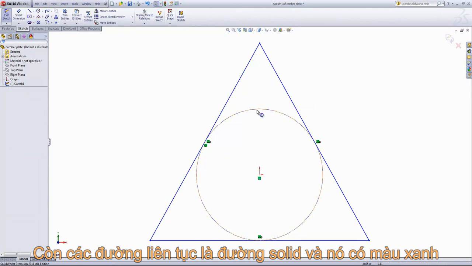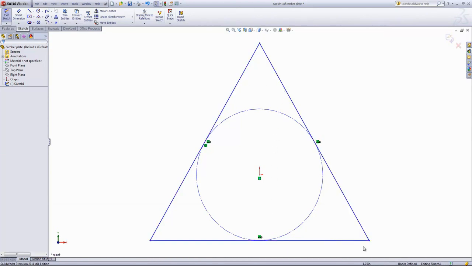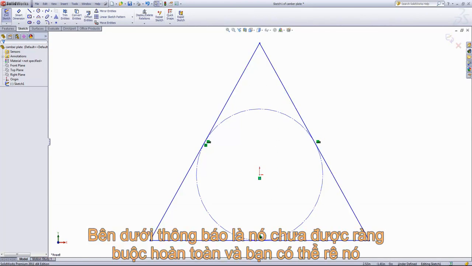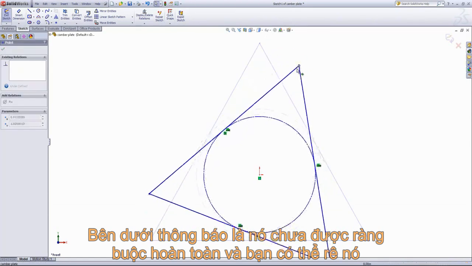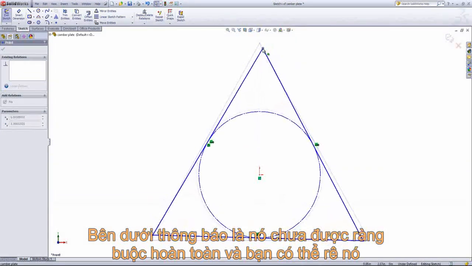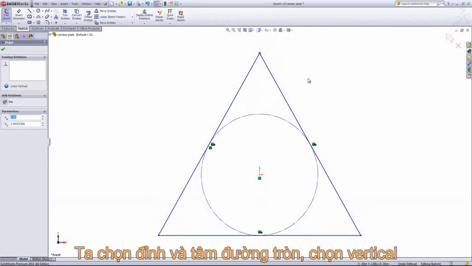What that means is that this geometry functions the way any other sketch entity would, but when we go to create an extrusion or another feature, it's not going to look at any of our construction geometries. It's only going to look at the solid lines. You'll also notice that all of these lines are blue, and in the bottom right corner you'll see a statement that says underdefined. That means we can still move our sketch around, change these entities as we like. Once we've created the necessary dimensions and relations, you'll see these lines turn black, and this message will change to